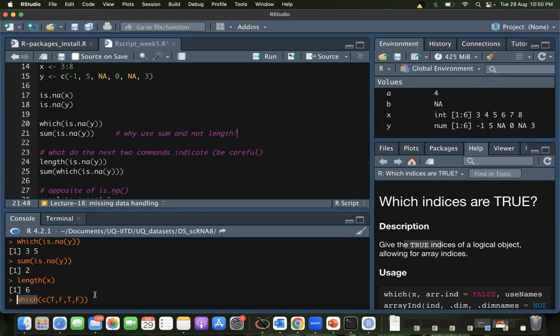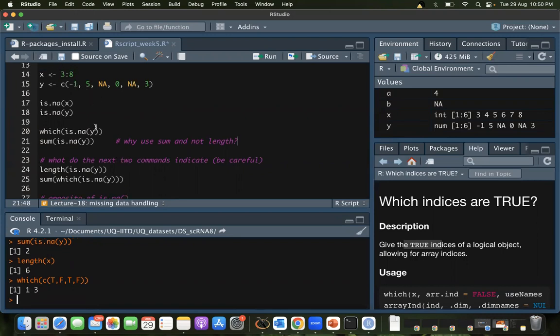Yeah, that's fine, right? So here it's going to be 1 and 3. Now in this question, the expression inside the command was evaluated to false, false, true, false, true, false. And this is given as an input to which.